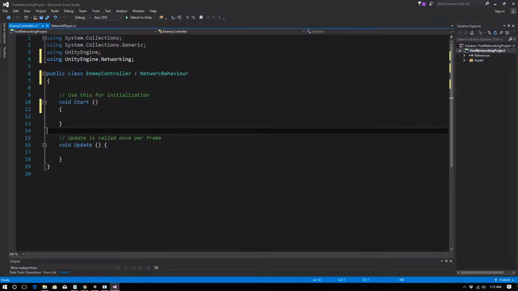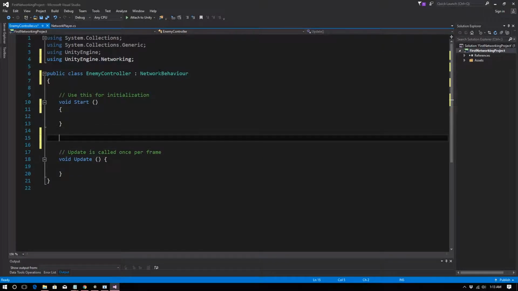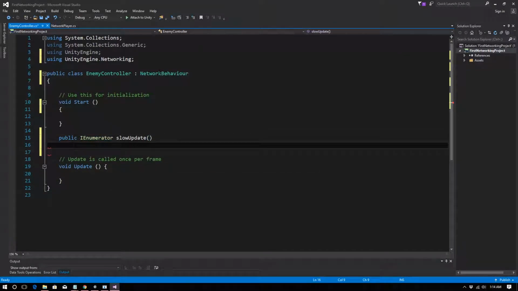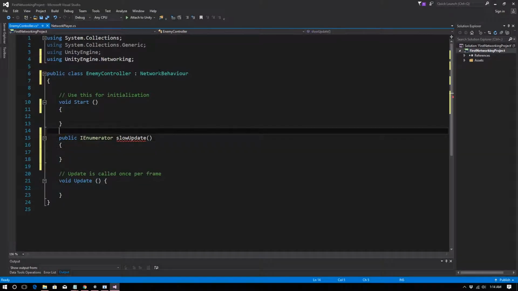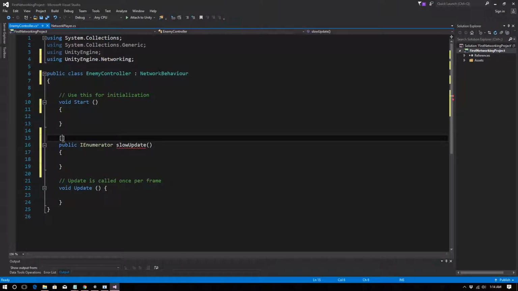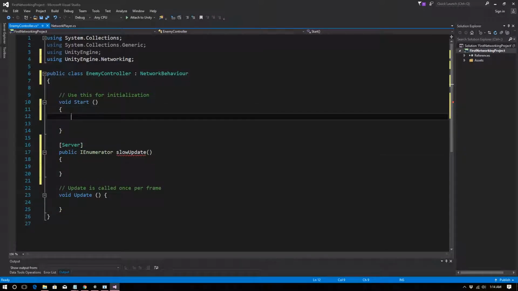I would also recommend using a coroutine for slow update, and the reason, again, is that this is going to fall to the responsibility of the server to run this. So we want to minimize how much CPU power we're using as much as possible. What I'm going to do here is use a server tag. The server tag basically means this can only be run by the server. Everything's just going to be server right now for us. So if is server,